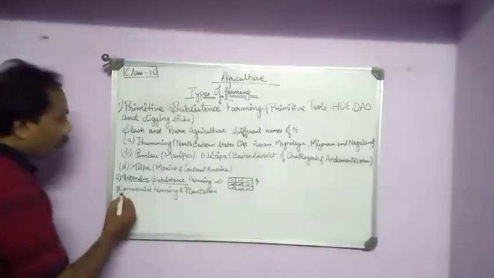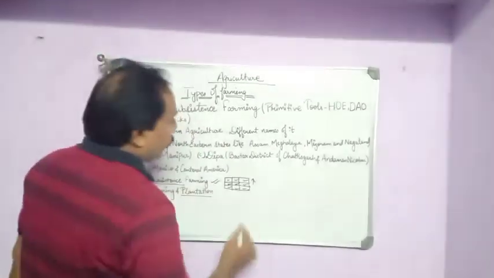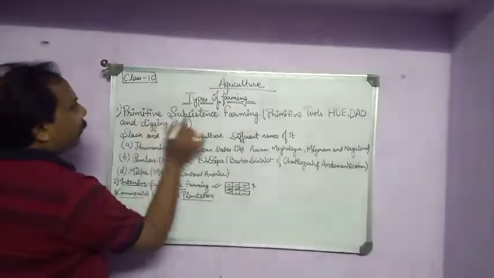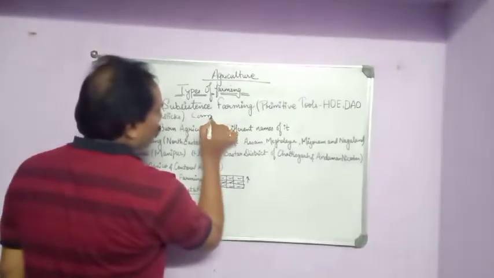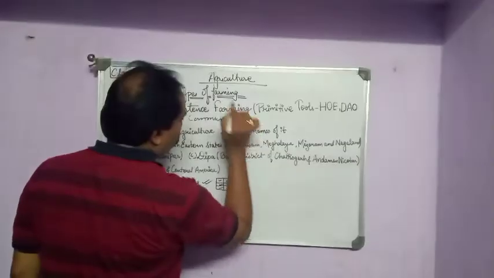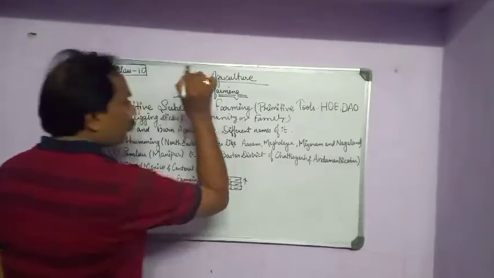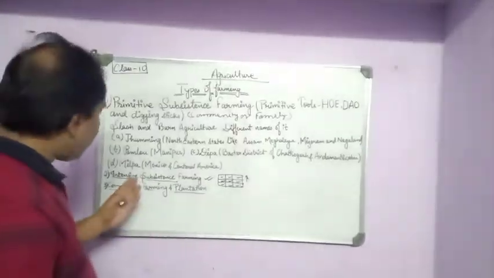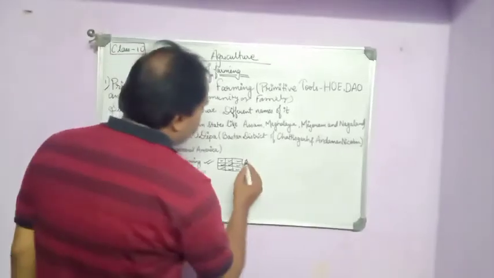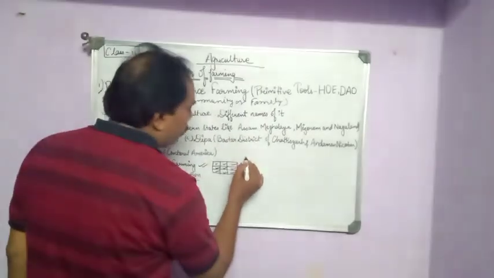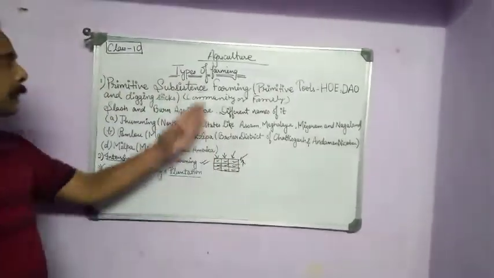Okay, next is the commercial farming. Okay, so before commercial farming, one thing I left here: in case of primitive subsistence farming, community or family members were used as labor, and here we find that in case of intensive subsistence farming, not only they used their family members, but sometimes they also hired labor from different parts. Okay, so this is the basic difference.